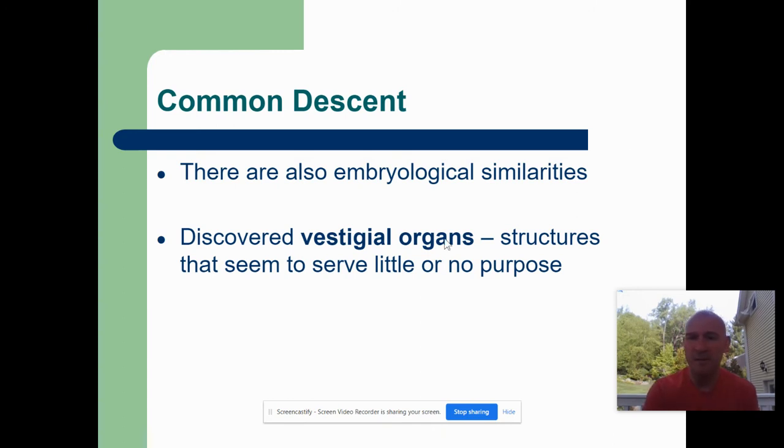The other thing would be vestigial organs. Vestigial organs are structures that seem to have no function. The key vestigial organ that we think about with us, it's not quite vestigial because it serves a different function, but our appendix is oftentimes called vestigial. The appendix is a remnant of when our ancestors, thousands and thousands of years ago, used to eat more